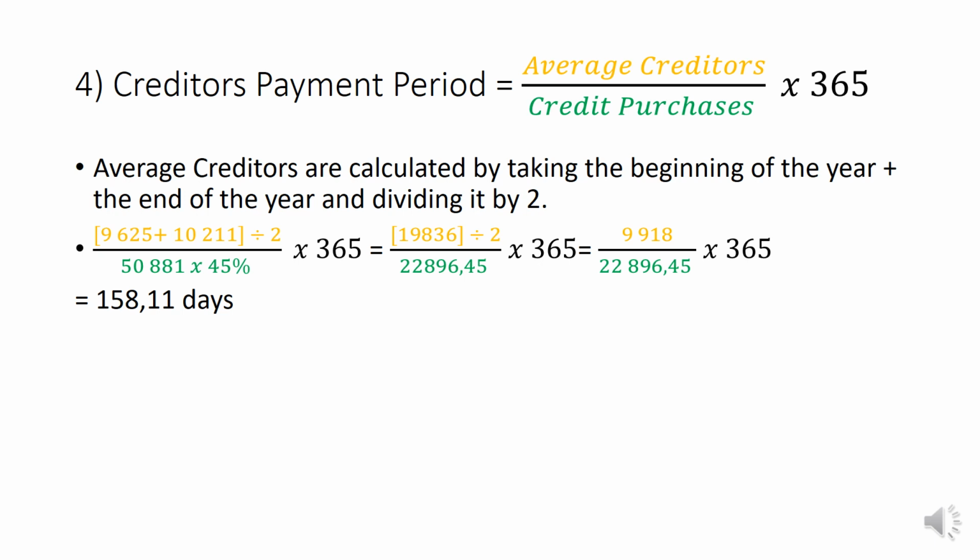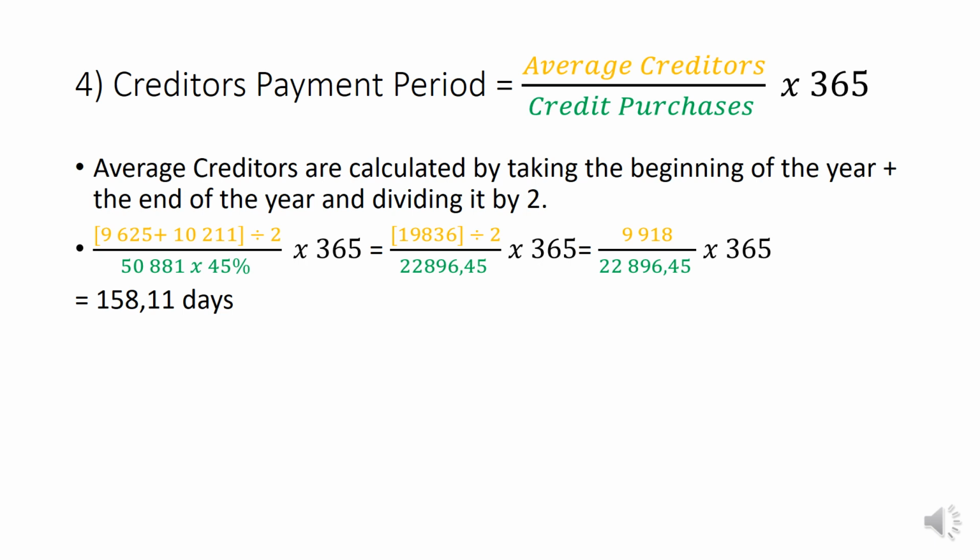At the bottom of the calculation, we have the 50,881, which represents my cost of sales. Now that cost of sales is cash and credit, and we have to go and calculate 45% on that because in brackets in my statement of comprehensive income, we had a 45% note that said only 45% was bought on credit. So we're going to say 50,881 times 45%, and that's where we got our 22,896.45. We're going to take our 9,918, which represents my average creditors in yellow, divided by my green, which is my credit purchases, and we will get an amount of